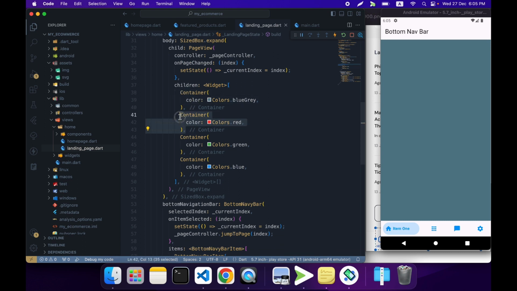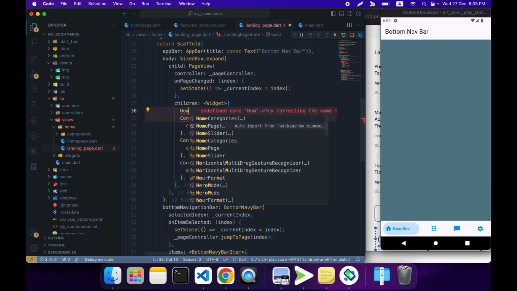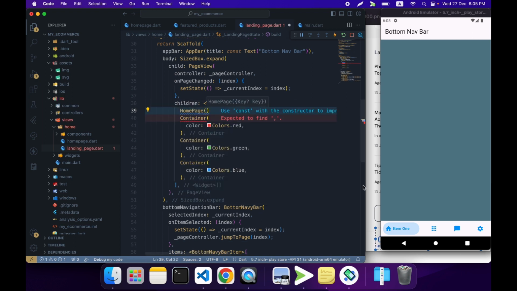So we don't want to change the container for each tab. We want to add our own page. So instead of the first tab showing this blue-gray color, we can assign our page right here. Our page name is homepage. So when the user selects the first tab right here, it should show the homepage. And if I hit save,